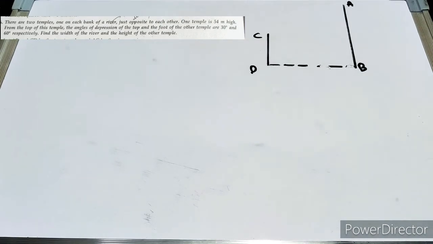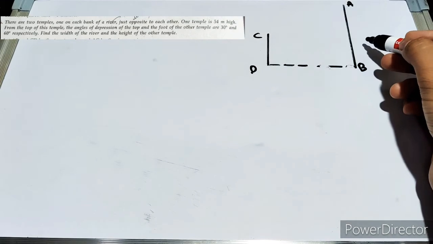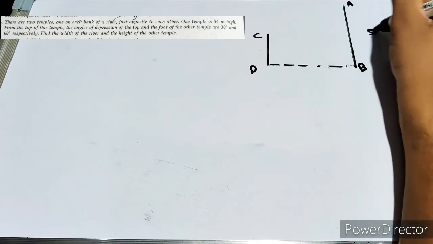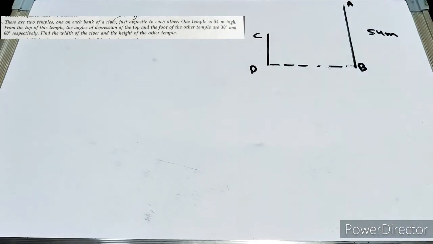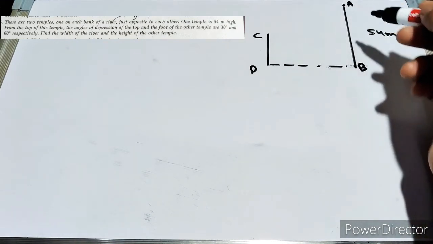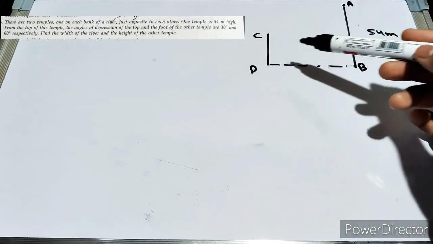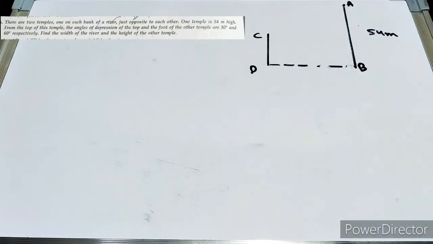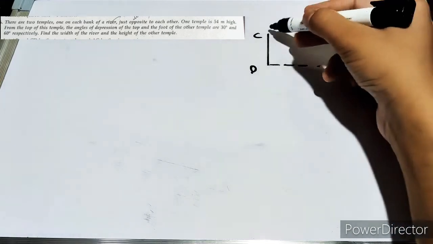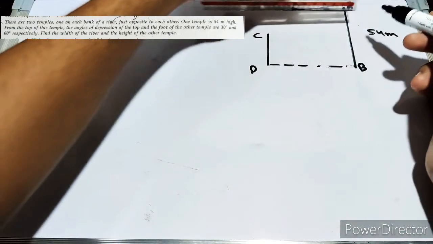So see, they have not directly said which temple's height is 54 meter, but we can simply say that CD is less than AB and AB is equal to 54 meter. How can I say this? Because they have given that the angle of depression made from point A, that is the 54 meter high temple, is 30 degree and 60 degree. And if an angle of depression is being formed from a point to another point, it definitely means that the point is at a higher level than the other points. So point A is at a higher level than C and D, and they have given us